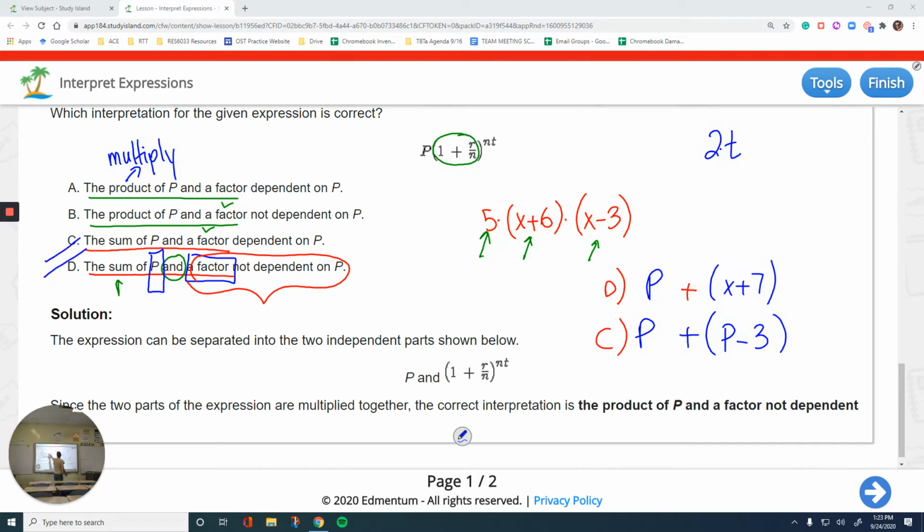Now, what I need to decide is just pick whether the factor depends on P or not. Looking at the green part, that's my factor. Does that depend on P? So the answer can be given by looking at the letters. Do any of them have anything to do with P? One doesn't have a P, R does not have a P, N does not have a P. So this does not depend on P. Not dependent on P. So these questions should not take any longer than 30 seconds or so when you know the meaning